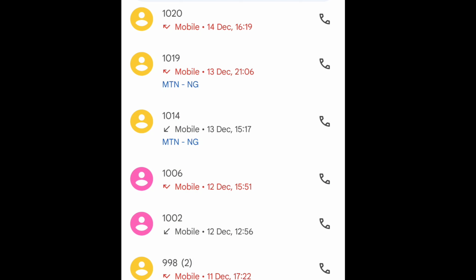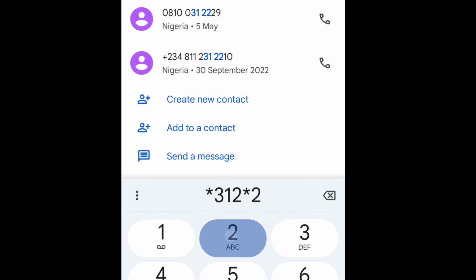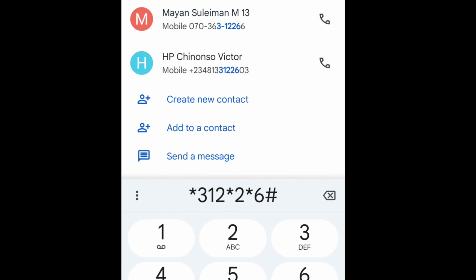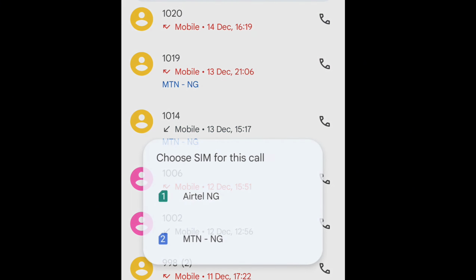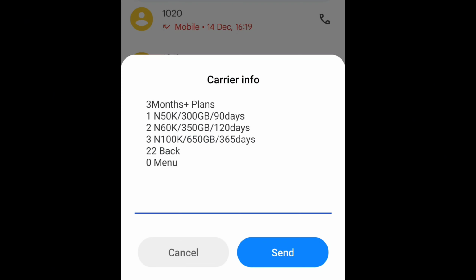Number 5 code that I can use to buy cheap data from Airtel is *312*2*6#. So let's dial it and see what this code will give to us. This code, you have 3 different packages on this code, and this code is for mostly business owners, and if